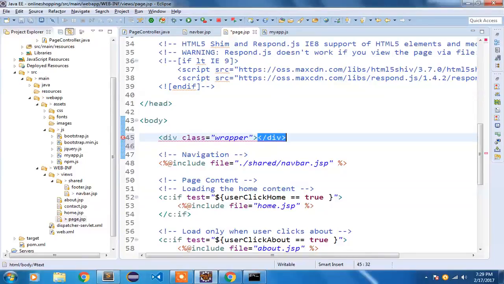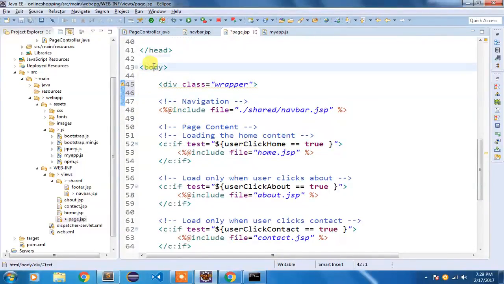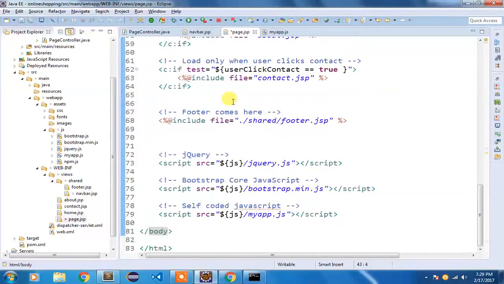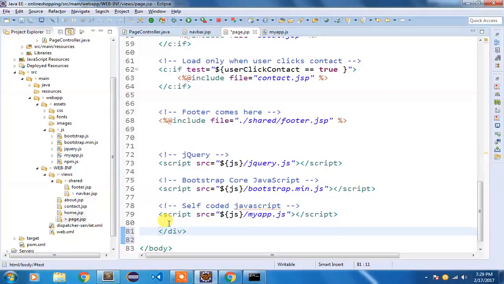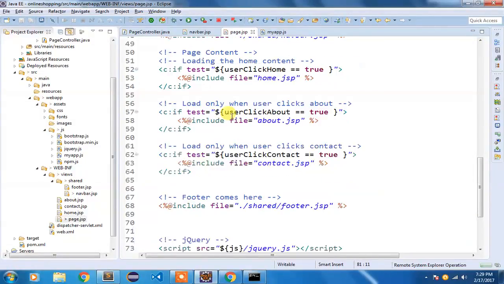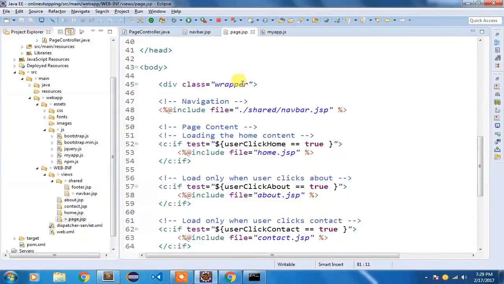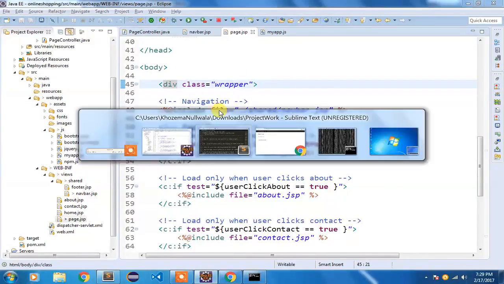Wrapper is the class that I'm going to code in CSS. This body has started here and is getting closed here, so I'm going to paste that div here. This is the first thing that we are going to do: wrap the entire code of our body inside a wrapper element.